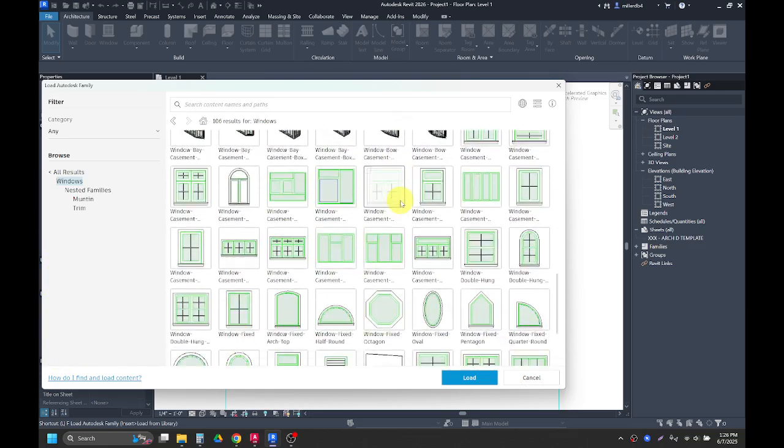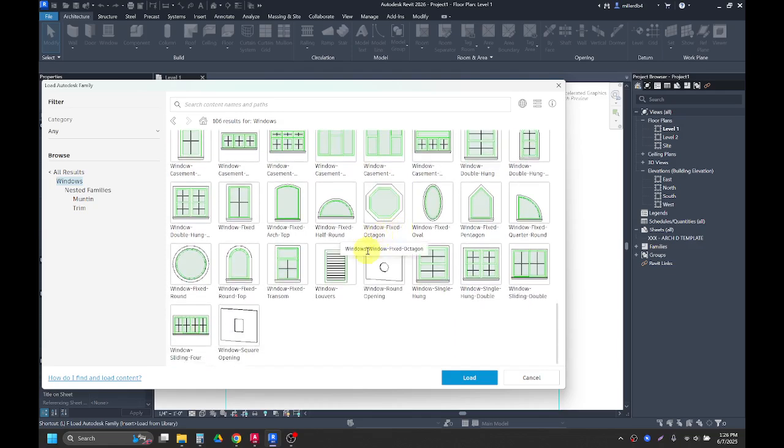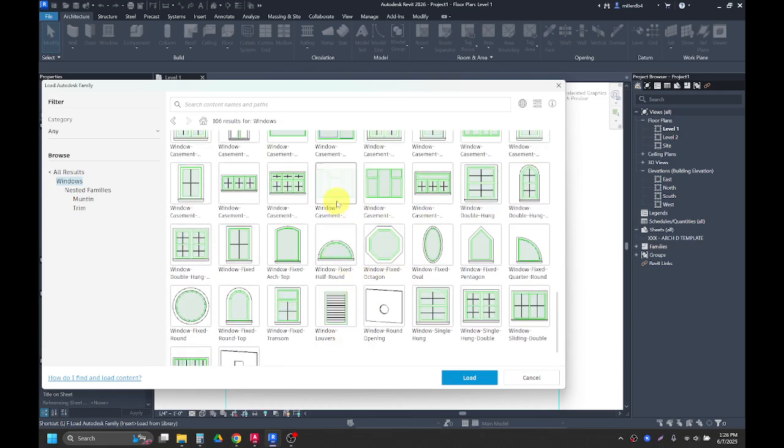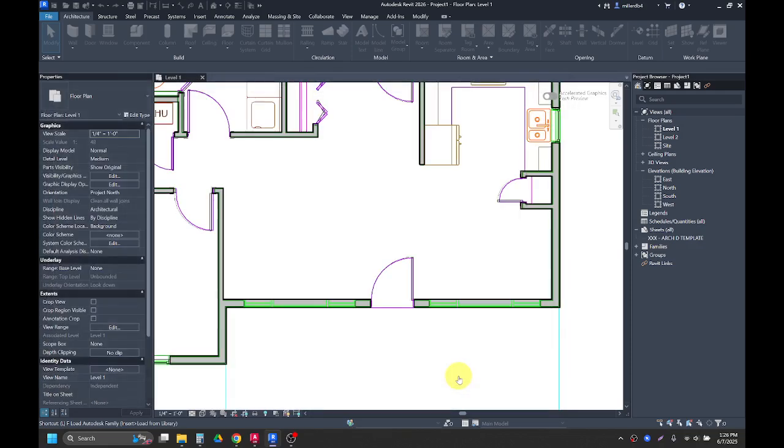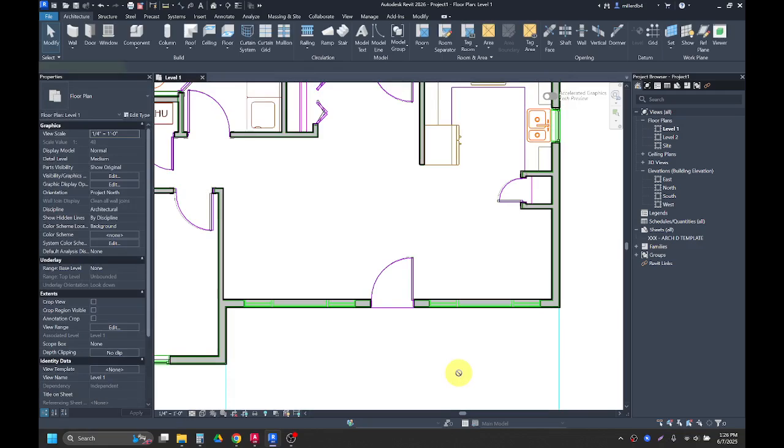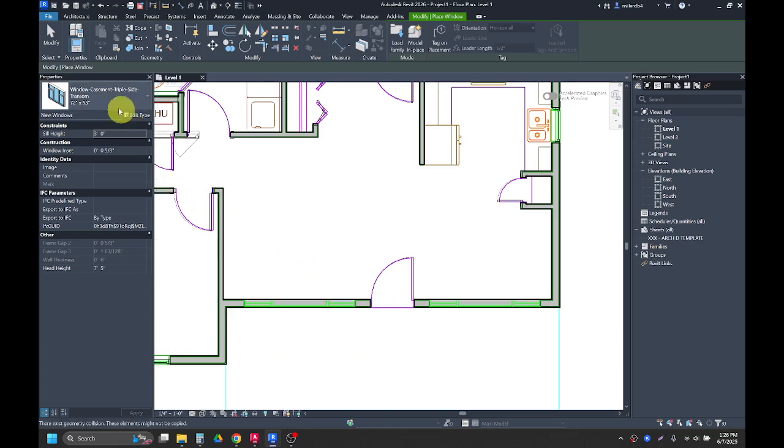And then I'm going to scroll down. I'm going to use this window here. Even though it's a little different than the window that the original file has, this is the window I'm going to use. So I'm going to load this one in. I'm going to click on it, load. Now when I go to start the window tool, which again is keyboard shortcut WN, we have a window that